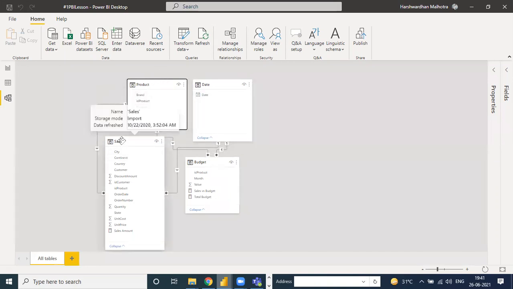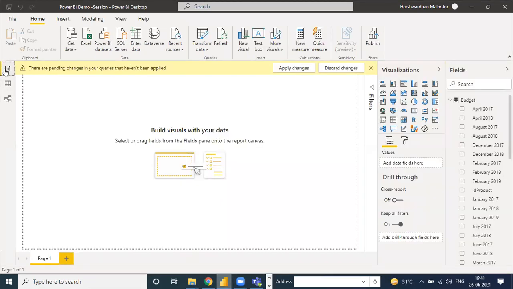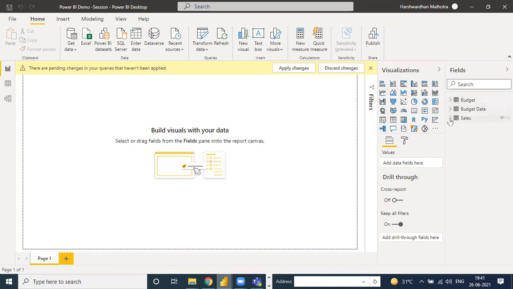For now, only knowledge about sales and budget is needed, because till now we have only two tables in our main file. Suppose in the sales file we have used all the data like city, continent, country.